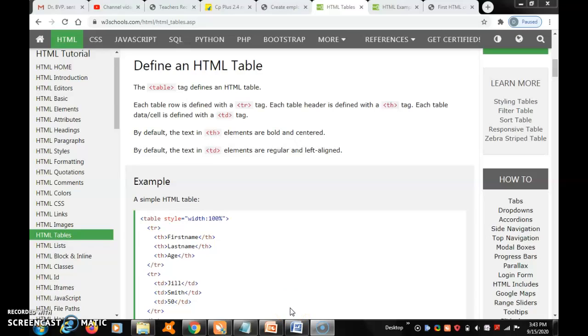Now I am going to discuss practical 2, defining HTML tables. How to define the table tag? Define an HTML table with 3 tags. TR means table row, TH means table header, then TD means table data. A cell is defined with TD. TH is table header, TD is table data. Using those 3 tags only, we are going to make